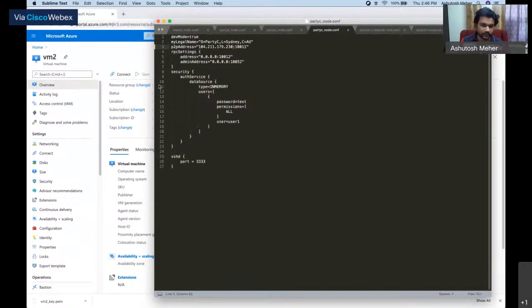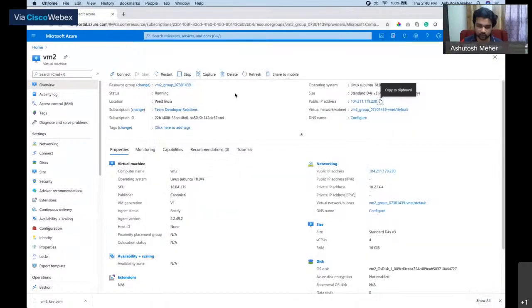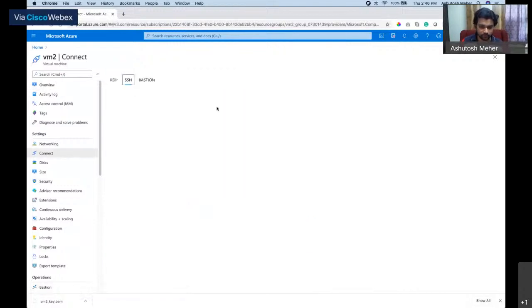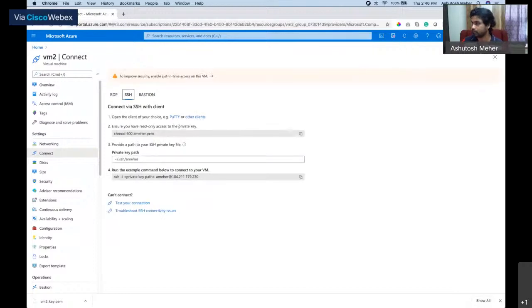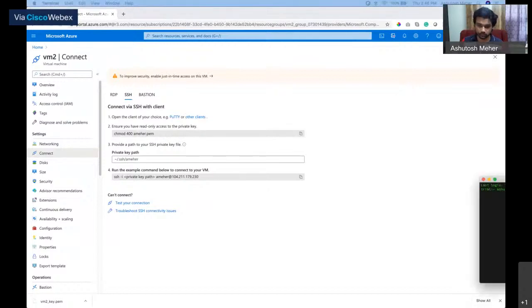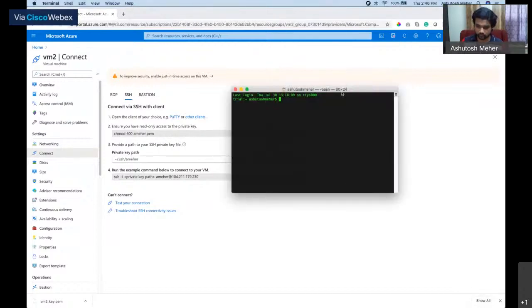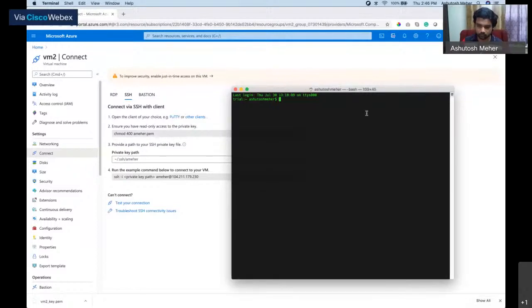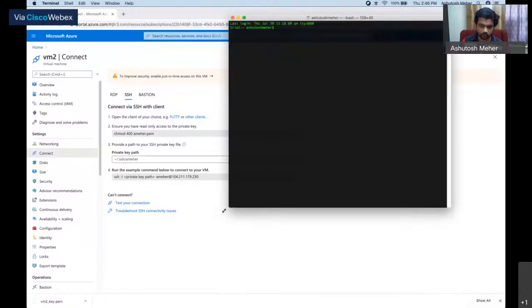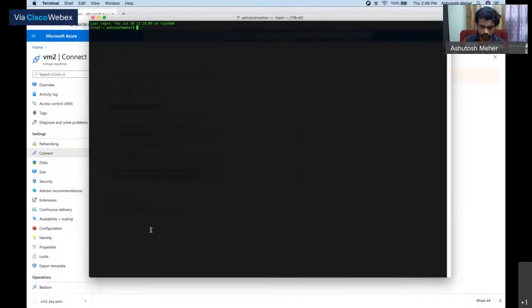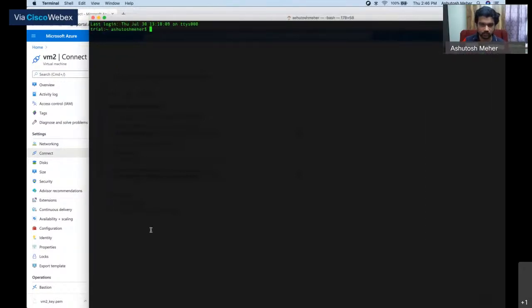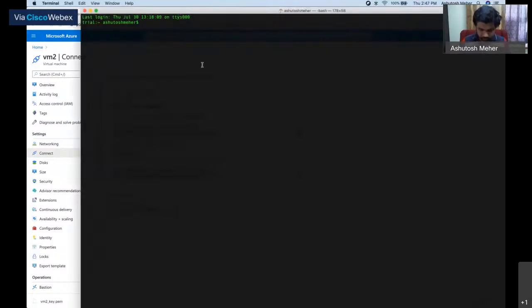All right, so let's work on VM2. VM1 is already configured. I'm just copying the same steps that I did for VM1 here. So I will just SSH onto my VM. For that, I'll need a terminal. I hope that's visible to you guys.